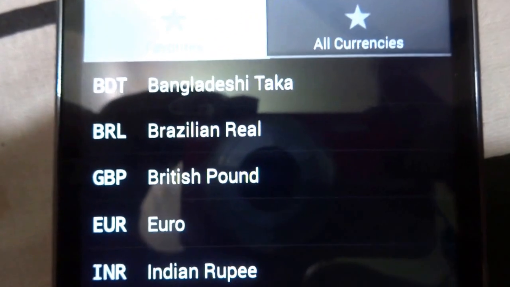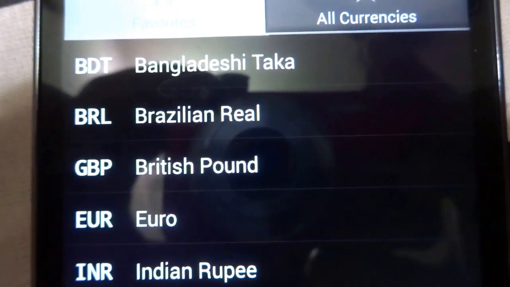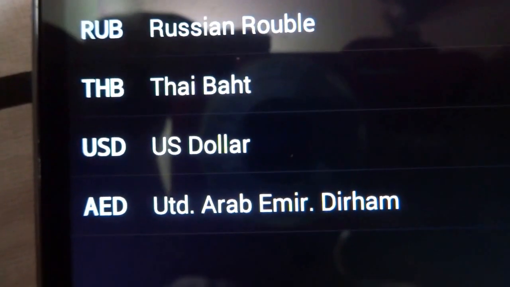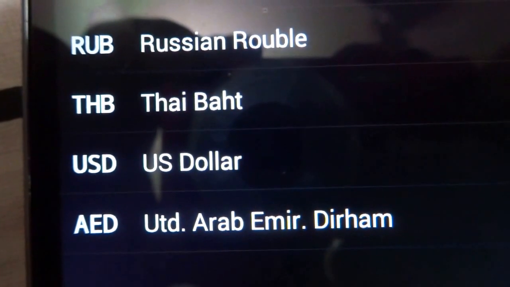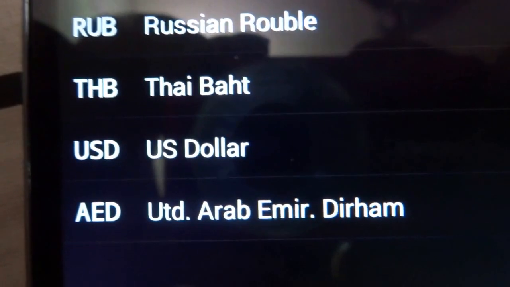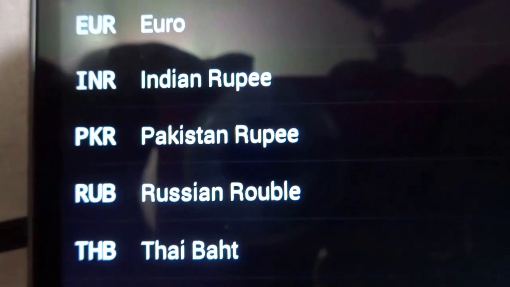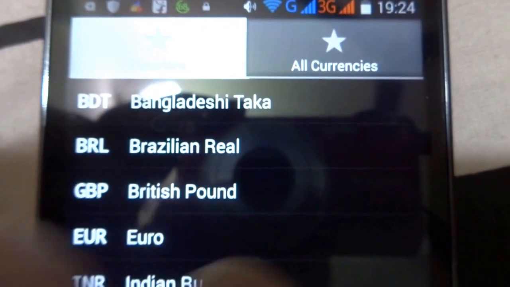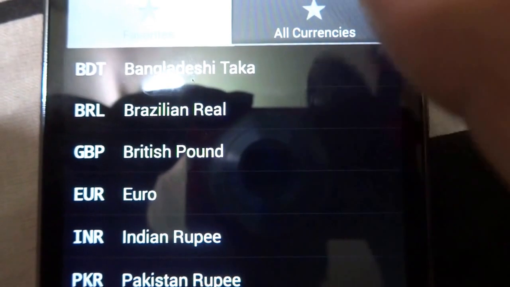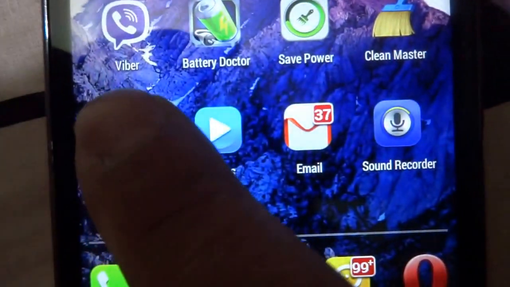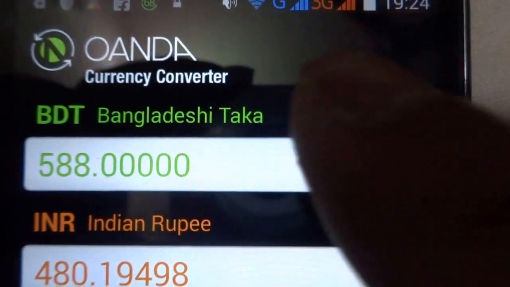So I'm not sure if there's any ability to configure certain currencies which I typically look for. Like in my case, the currency which I look for the most is US dollar versus INR, Indian rupee. That's typically the exchange rate which I look up practically every day. Other than that, it varies, depends on the situation, depends on the need of the hour. So of late I had been looking up others, not necessarily ones which I'm frequently interested in. So some can be set as ones which I'm frequently using. Other than that, if I go to all currencies, I should be able to. So that's my feedback, that I'm going on to all currencies.